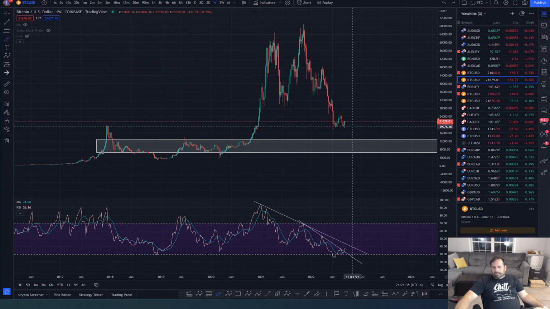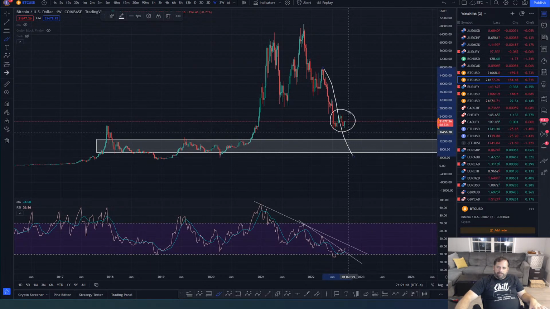This more than likely is some intermediate wave 4 of this wave here. We have an A wave, we have a B wave, and now we're getting a C wave, and this is an intermediate wave 4. It could be finished, and now we're getting ready to have the wave 5 come.